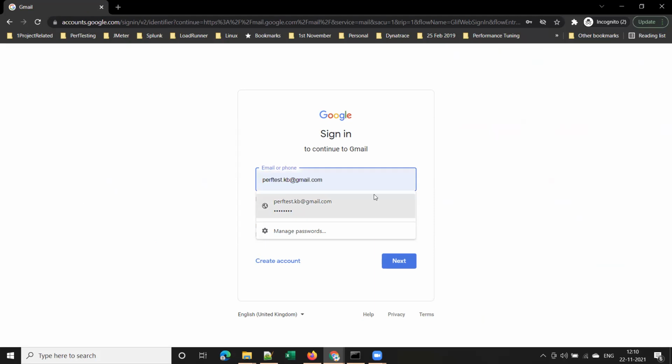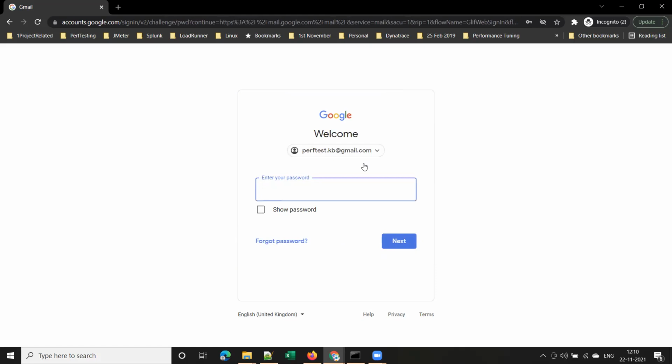Okay. So let me show you something. Do I need to enter @gmail.com? Is it compulsory to enter that? Not mandatory, sir. Not mandatory, right? So you can just enter that email ID and click on next. That will work. And it is asking for a password. See here, it is automatically adding @gmail.com because we are using Gmail. It understood that this is your email ID. The moment you enter your email ID and click next, it should ask for your password.